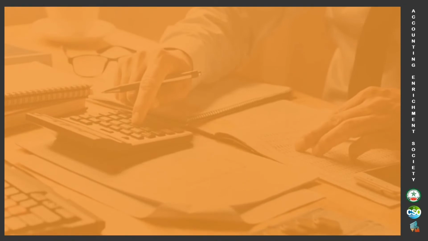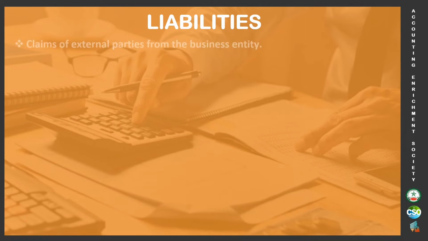Now that we are done discussing the assets, magpunta naman tayo sa other two parts of the accounting equation, which are the liabilities and equity. So first, ano nga ba kapag sinabing liabilities? For you to easily remember, liabilities is equal to claims or debts. In Filipino, ito yung utang ng business entities sa external parties or vice versa. For example,